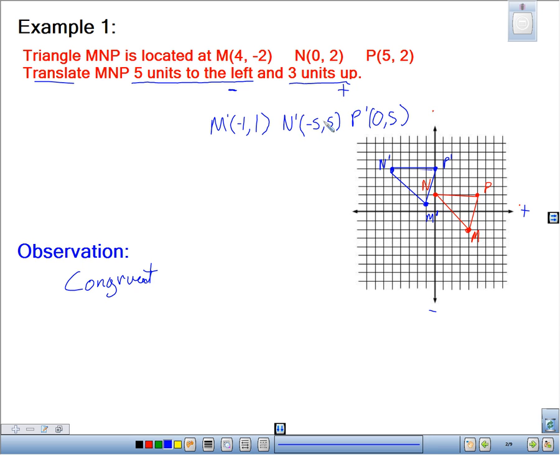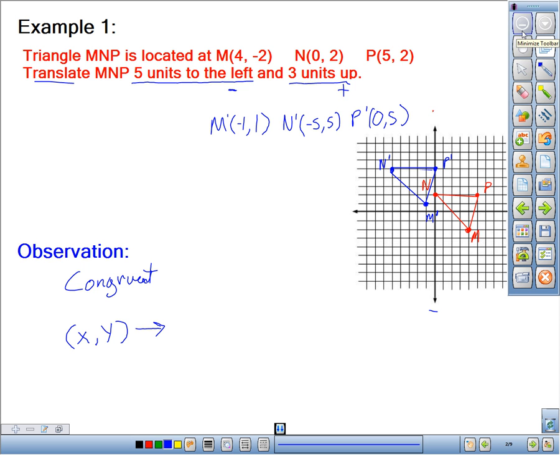Okay? We can write this in what we call coordinate notation. Here's what it looks like. Okay? We'll have our x and our y. This represents our pre-image. Okay? For example, point M has some xy coordinates. We don't know exactly what they are, in this case for -2, but this can be used for any coordinate. I'm going to draw an arrow. This arrow simply represents that I've got some sort of